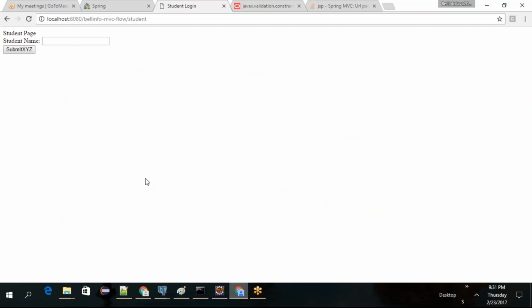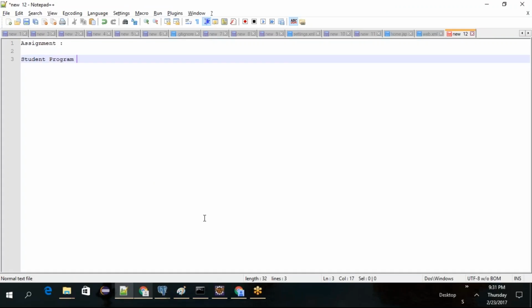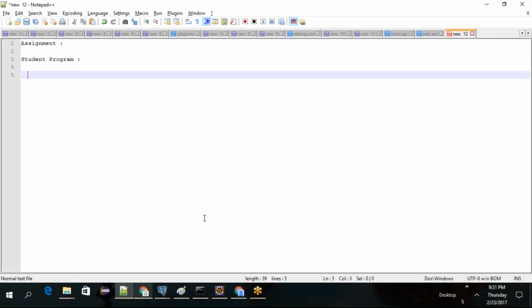Go back and look, you can find a bunch of options for how to do a drop down in an HTML page and how to pick the selected value from the drop down. Okay, next thing, so I will write it down. Same program, assignment is a student program which takes